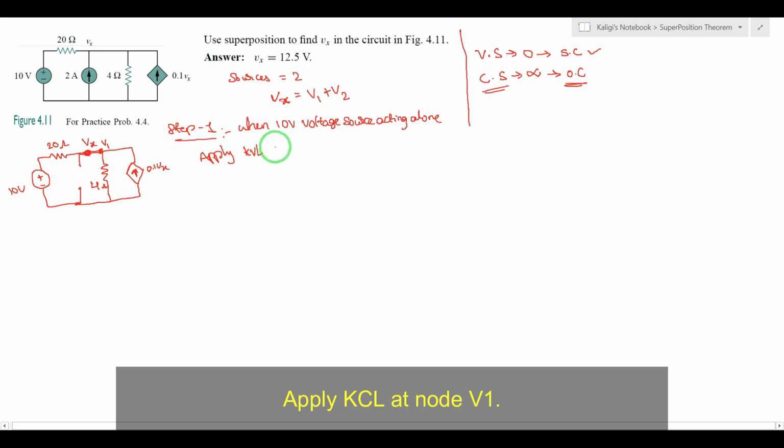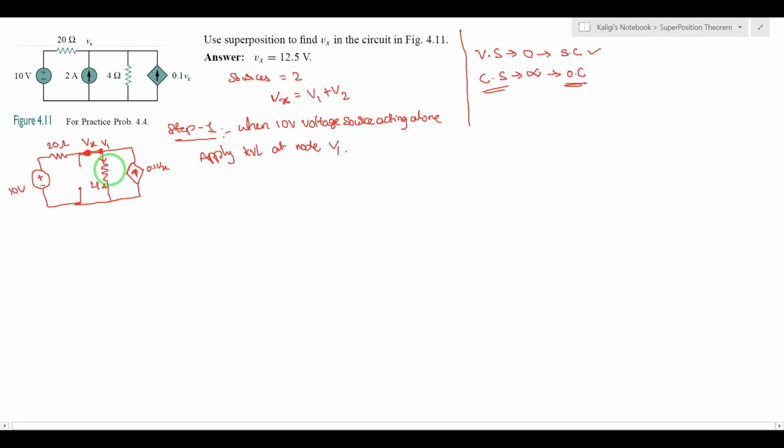Kirchhoff current law at node V1. So Kirchhoff's law means the sum of the incoming currents is equal to the sum of the leaving currents, right? Wherever the resistance is there, I can consider that as the leaving currents. So you have to consider the reference node, that is 0. So the outgoing currents are (V1 minus 0) by 4 ohms. See, at the 4 ohm resistor, current is equal to the potential difference between two nodes